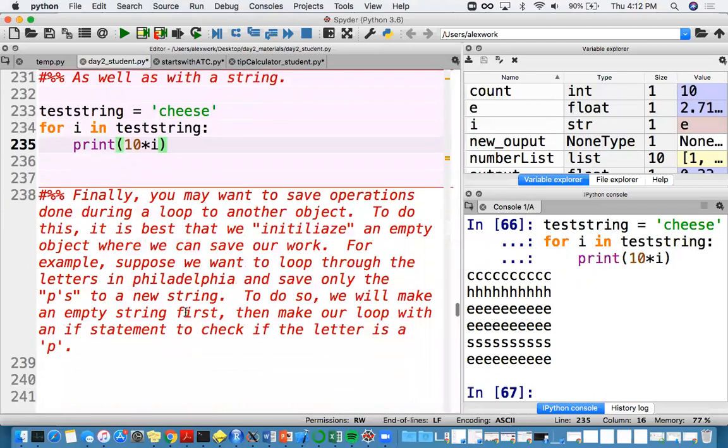aspect with loops, which we need for this activity. Maybe as you're doing something in your loop, you want to save something that you did in that loop object. To do that, we need to define the object as an empty object to begin with, so it has a place to be saved. So what I mean, we're going to loop through this test string, and every time we encounter the letter